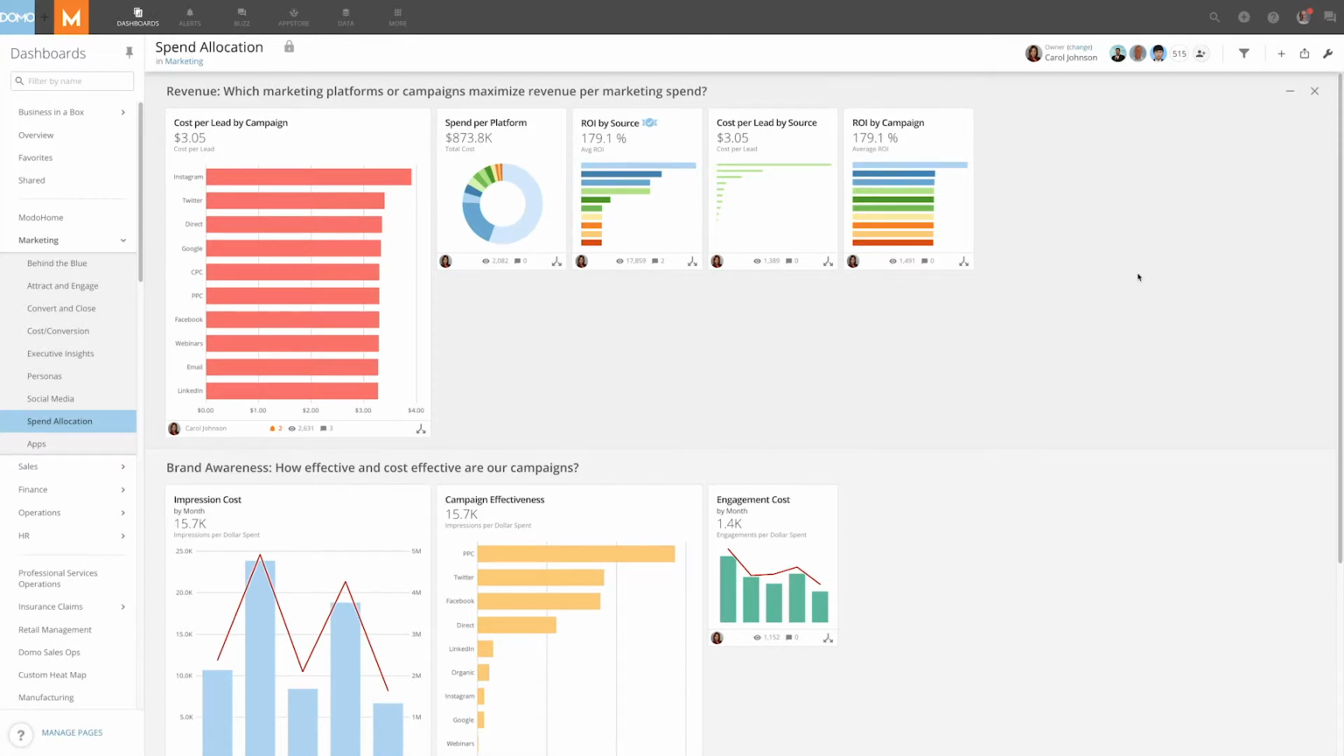In this example, I'm the director of marketing. There's a new company-wide initiative to increase our return on investment by source. On this page, I would be most interested in the ROI by source card, so I'm going to move this